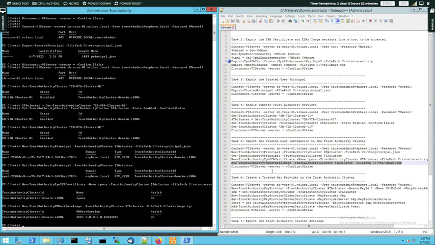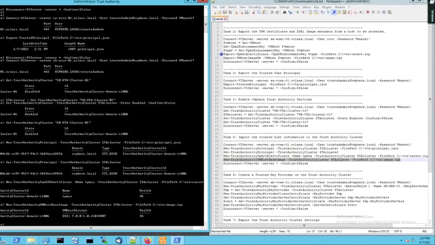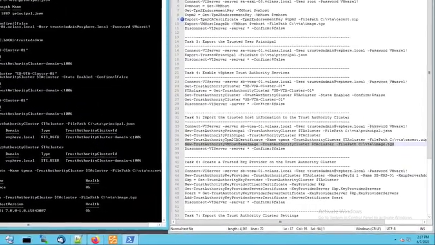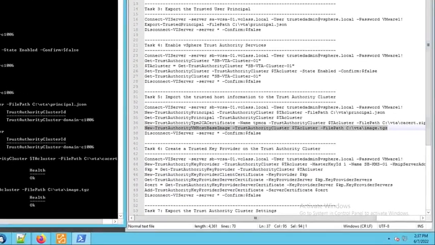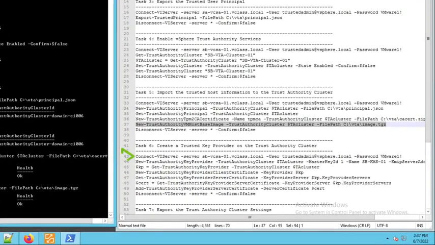Again, we may not need to disconnect from our SB VCSA01 as long as our next task also includes some actions with our SB VCSA01 vCenter server. So let's continue. In our next task, we are going to create a trusted key provider on the trust authority cluster so that the trust authority cluster can request encryption keys from the key management server. So again, we are already connected to our SB VCSA01 vclass.local vCenter, so we do not need to do this command again. Now we are going to